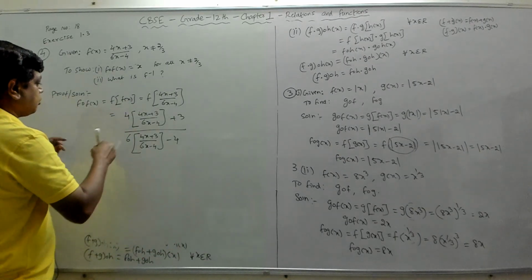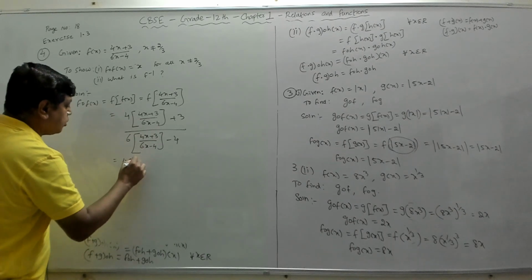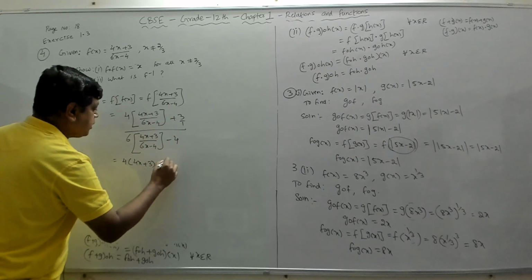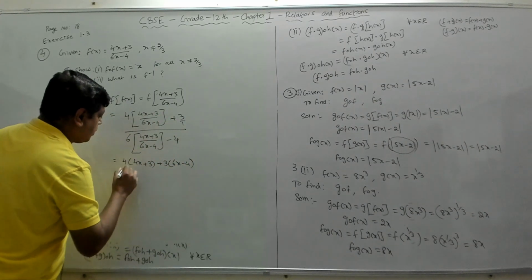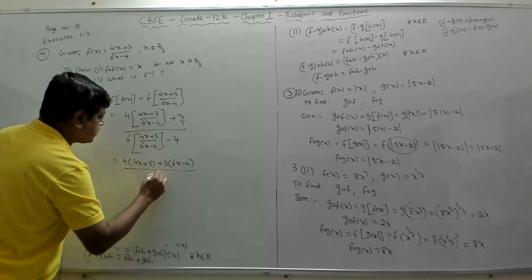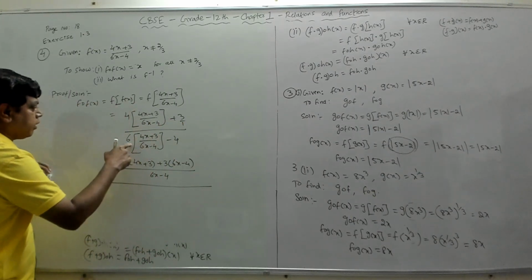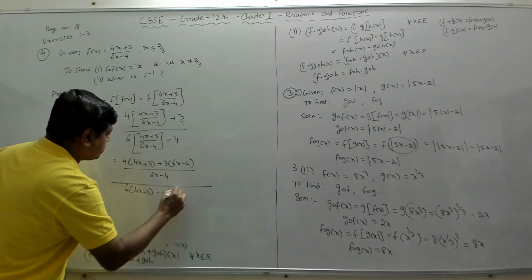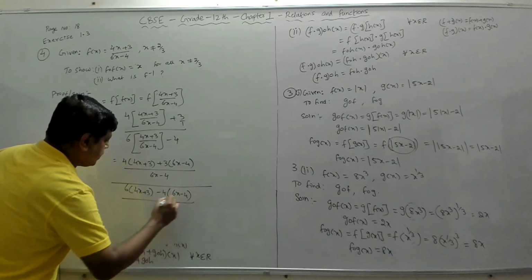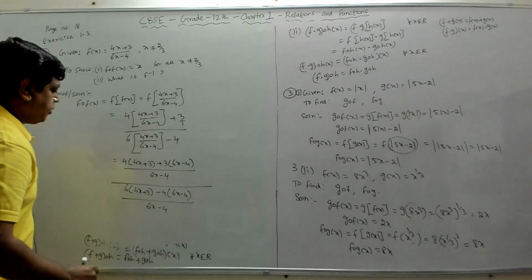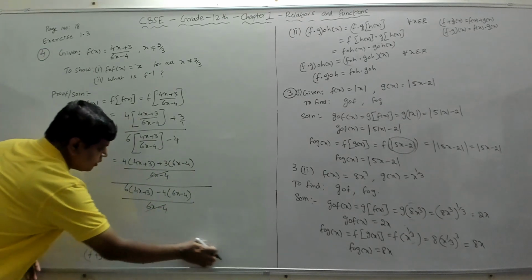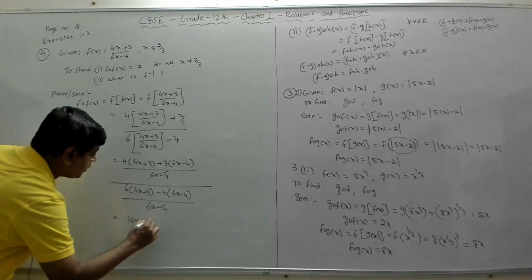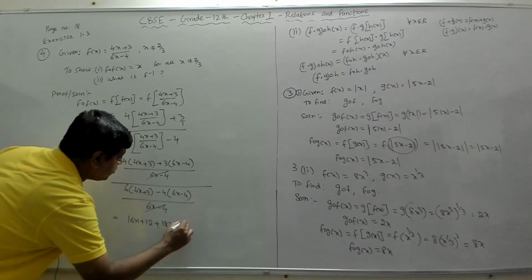right, so now we get this is equal to 4 into (4x plus 3) by (6x minus 4), adding 3, this is by 1. So this into this plus 3 into (6x minus 4) by (6x minus 4) into 1 is 6x minus 4, whole divided by this one. This is 6 into (4x plus 3) minus 4 into (6x minus 4) by (6x minus 4). Now 6x minus 4, 6x minus 4 will get cancelled. Now finally we will get 4 into 4 is 16x plus 12 plus 18x minus 12